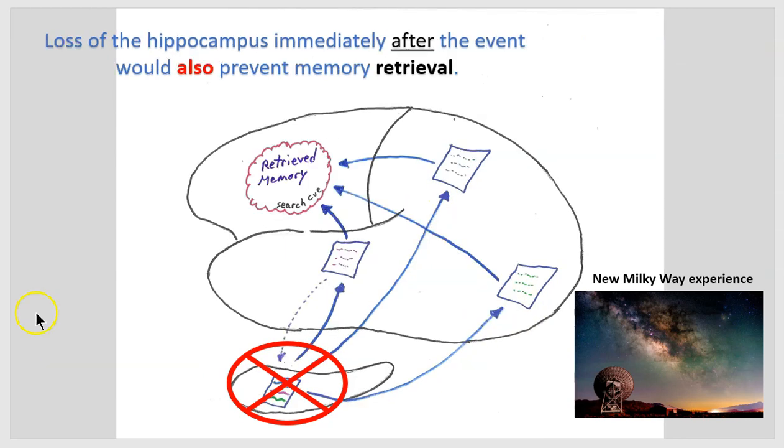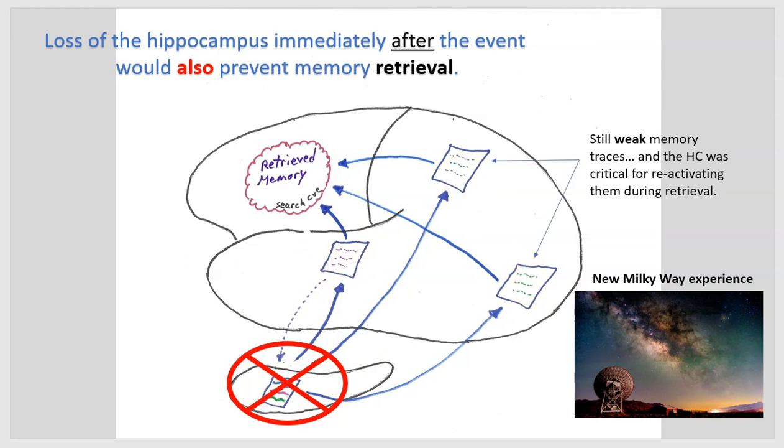But also, if I don't have a hippocampus, I won't be able to retrieve recently learned information, right? So loss of the hippocampus immediately after the event is also going to prevent retrieval because I need my hippocampal memory trace to reactivate the cortical memory traces. So if I had this new experience of the Milky Way and then the next day somebody took out my hippocampi, I would not be able to retrieve the experience because I need my hippocampus to reactivate those weak cortical